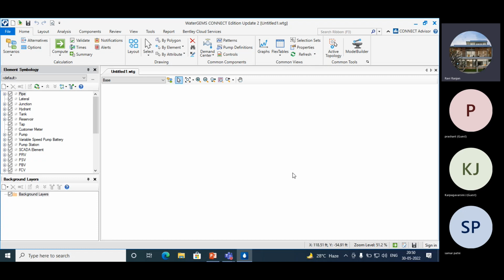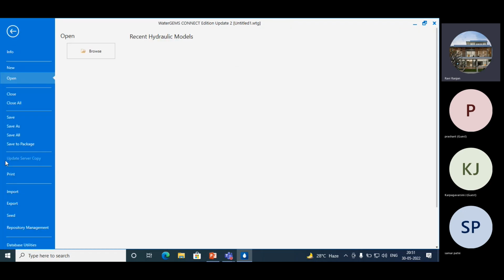So how are we going to work in this software? First we need some plan of AutoCAD or Civil 3D or any survey data to work here. So what we'll do for starting work, we have to select the layouts. See, when you click on layout, we get these options to create a pipe system. Before creating these pipe layouts, we need some planning, some area survey. In WaterGEMS, there are some sample files inbuilt for practicing. So we just import that file. Click on file and click on import,